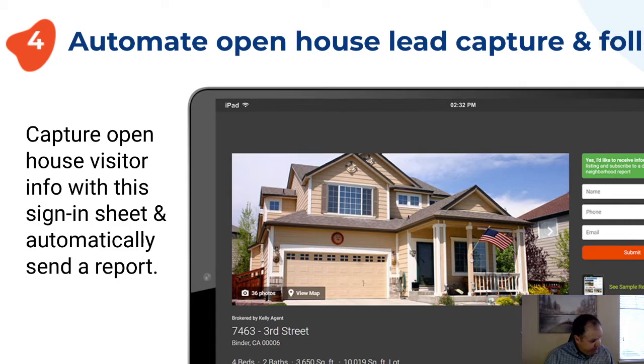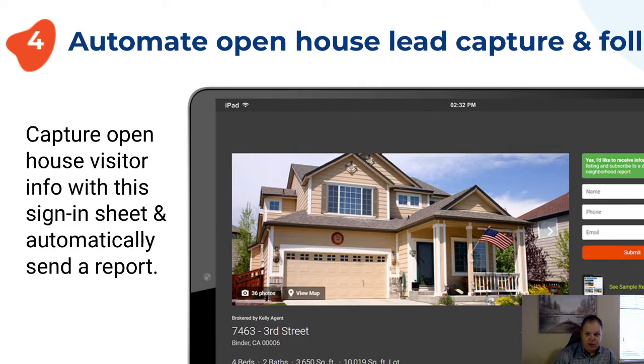Okay. What we're going to do is, another tip is open houses. I know the world of open houses has probably changed a little bit in this new environment. But I still think they're happening, they might just be happening a little bit differently. One thing I want to bring up, if you didn't know this, is that another thing we offer is an